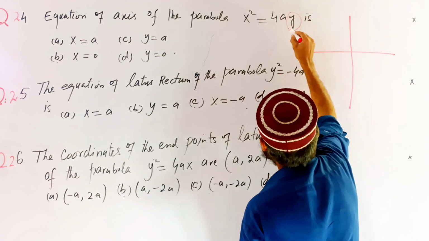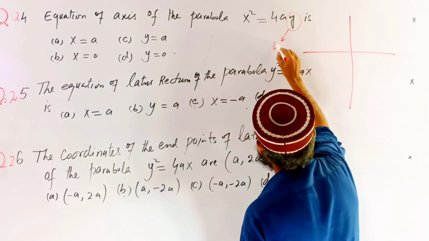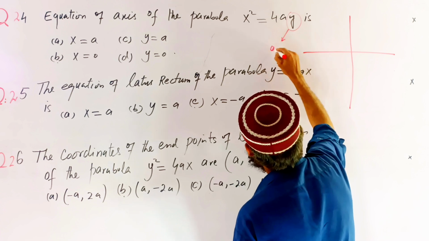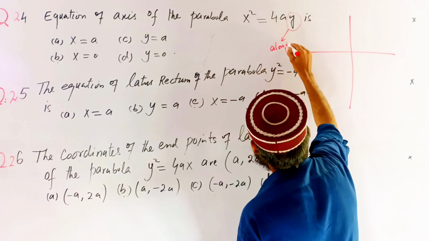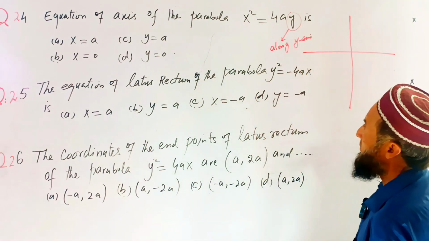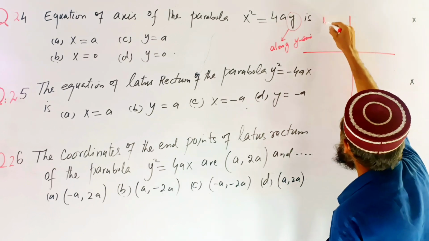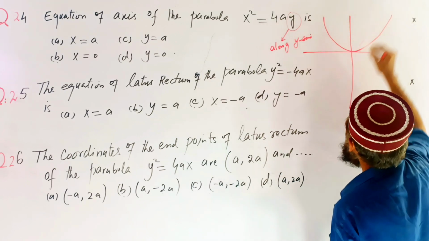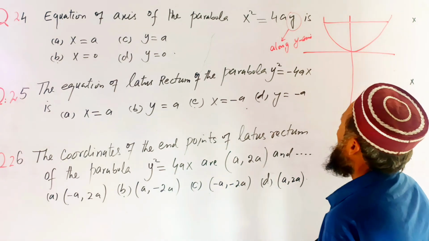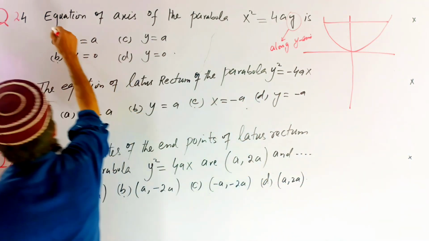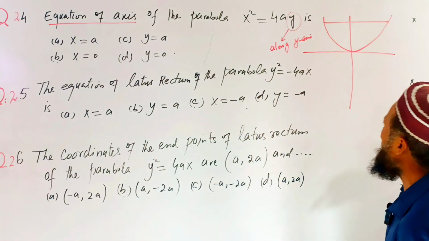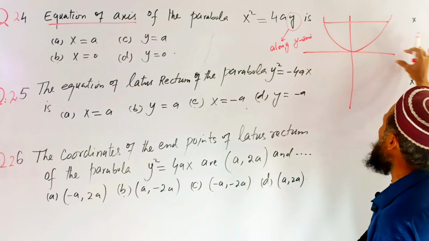From here we conclude that the parabola is along y-axis. So this is along y-axis, and the equation is required. Equation of x-axis, parabola is on the y-axis, so then we put this line is x-axis